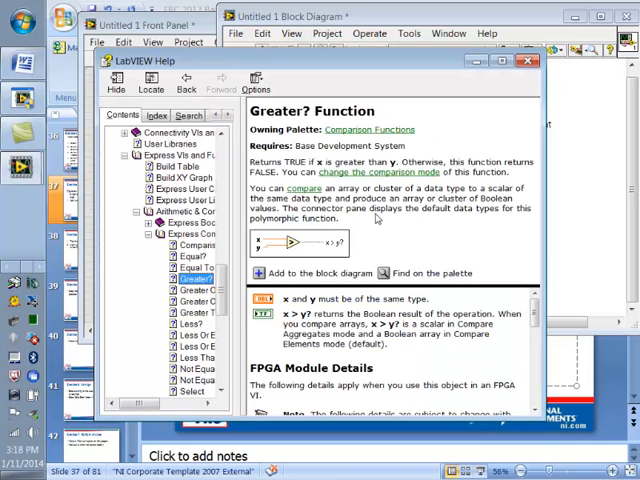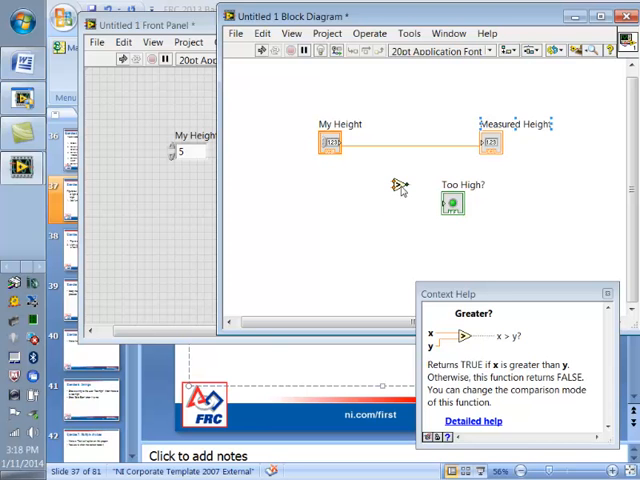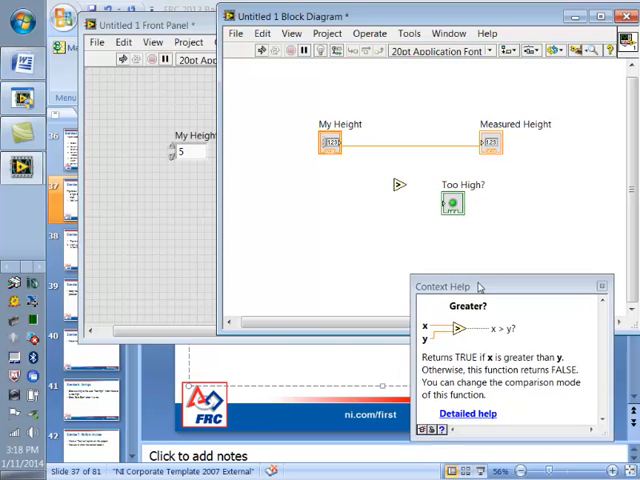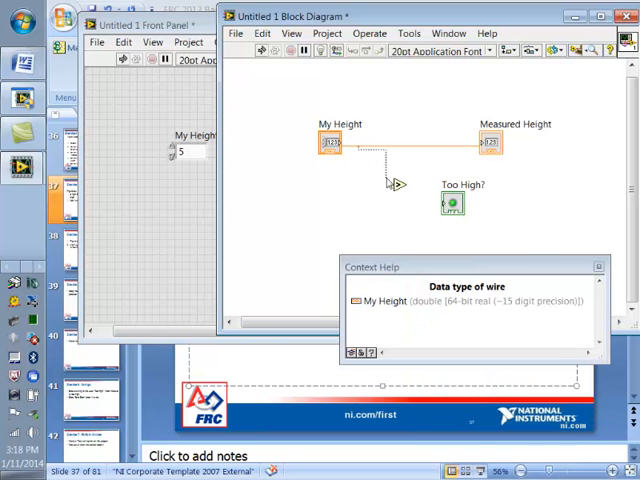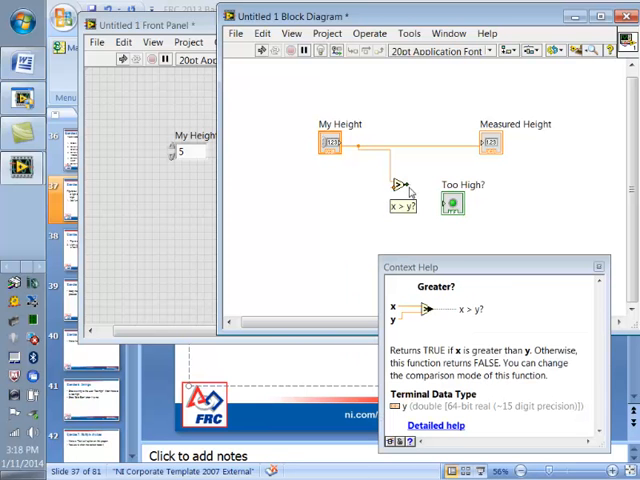But sometimes you don't need that much help, all right? Sometimes you just need a little context help, and that's what we've done here. We've got the context help up. Notice that this function has how many inputs and how many outputs? 2 inputs, 1 output. So I can say if this, my height, is greater than a number, then I get